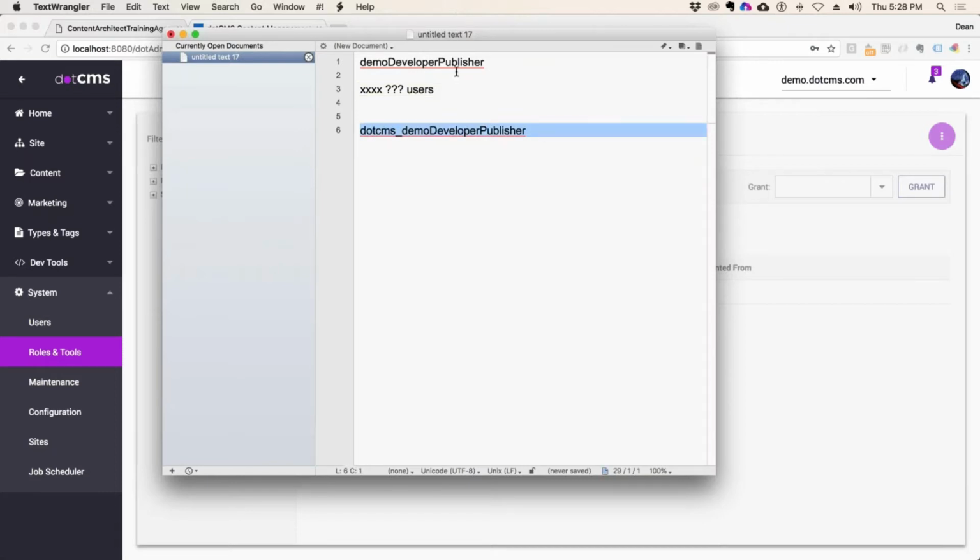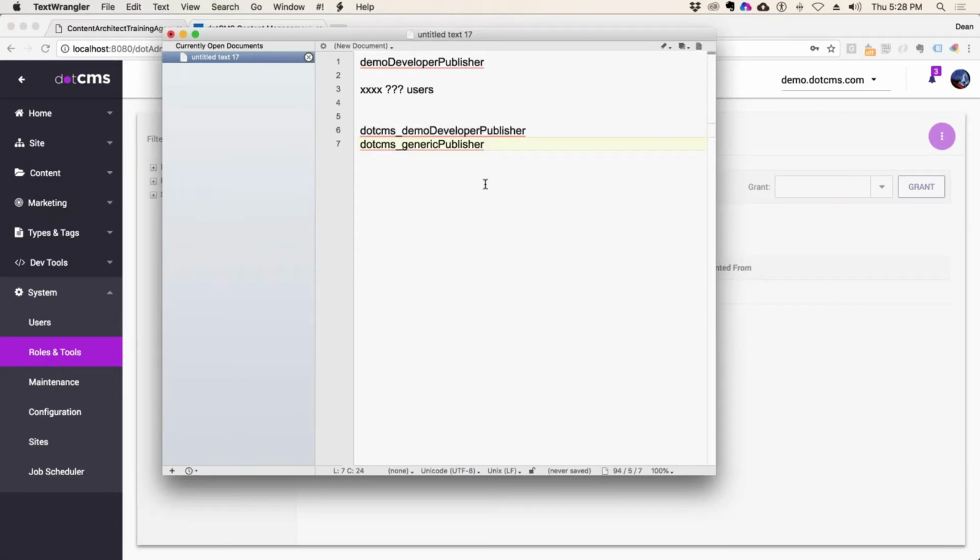Okay, so now your sysadmin has taken your user list, who you say is a developer publisher, and they've created this .cms underscore demo developer publisher. And I'm going to recommend that you tell the sysadmins to add everyone to .cms underscore generic publisher as well. And so every user will get this one, and then each individual user, who you think is a developer publisher or whatever, or a product publisher or a human resources publisher or whatever other departments the client has, then you'll go ahead and also give those individual user lists those corresponding roles that have the permissions over their specific department,